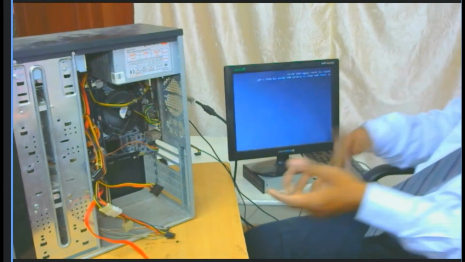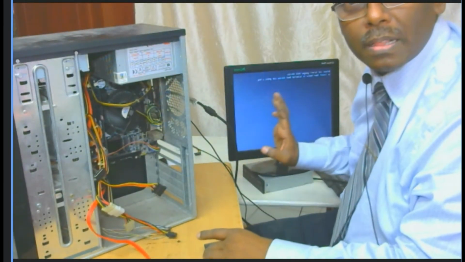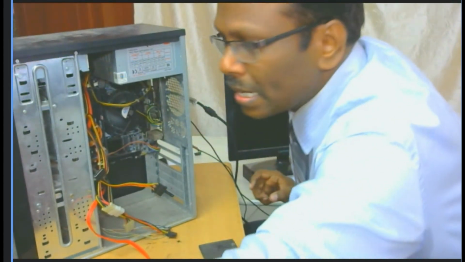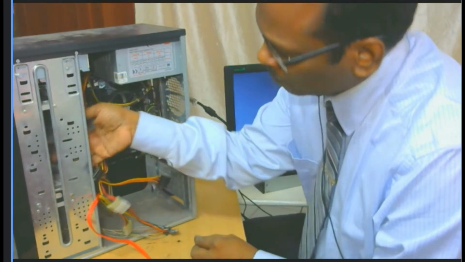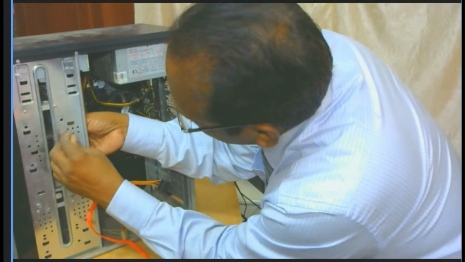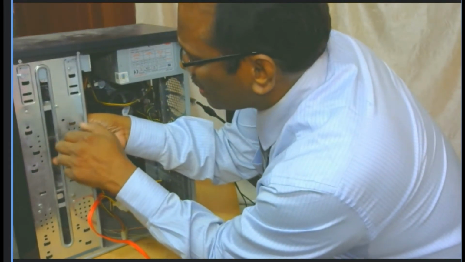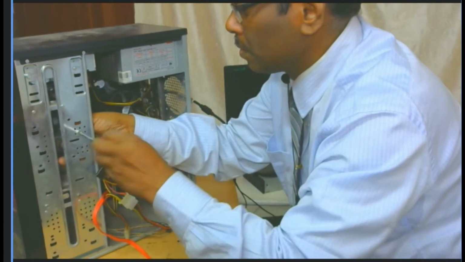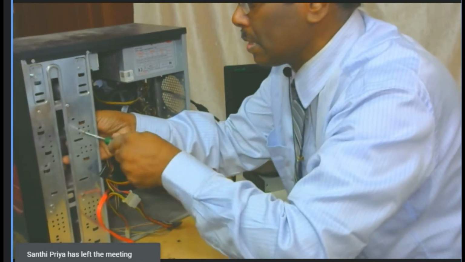Okay, there is no hard disk. I need to connect the hard disk now. It has responded properly. Okay, but there is no hard disk. So I will connect the hard disk also. For that, I'll screw and I'll also connect this hard disk. The last step which is there. So I'm just screwing the hard disk manually and later with the help of a screwdriver. Okay, this is tightened now.